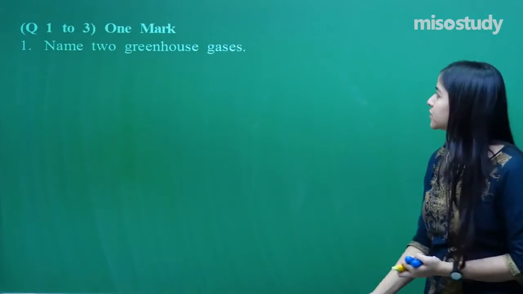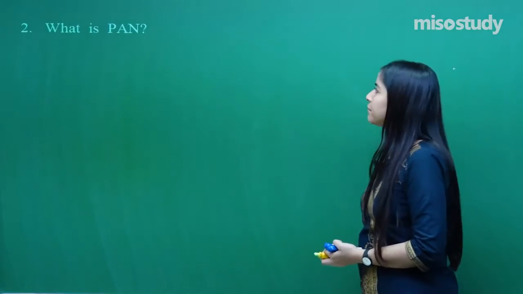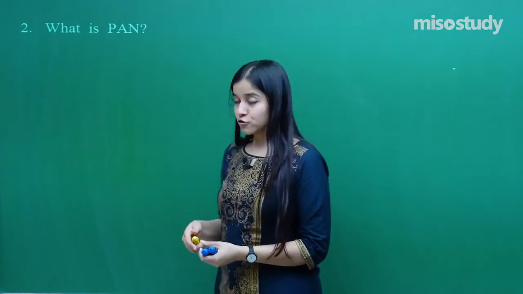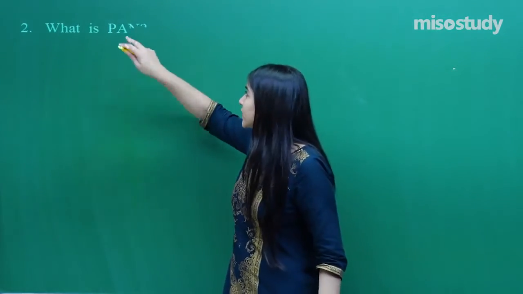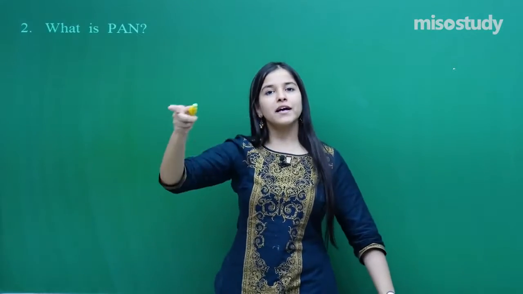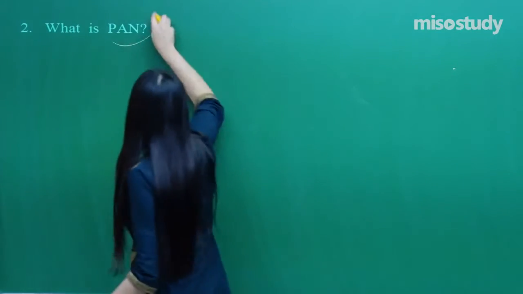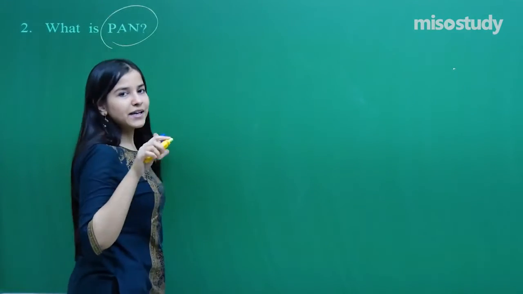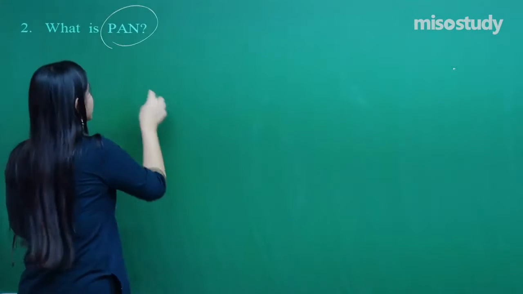The next question says, what is PAN? If this question arises in your annual exam, PAN can be polyacrylonitrile as well. But that will be coming in your 12th standard, so no need to worry about that. If PAN comes up in your exam in 11th standard, it means